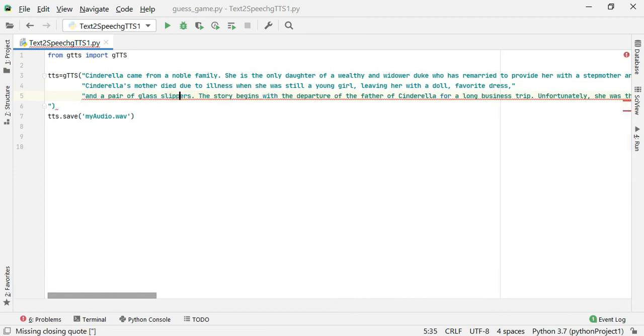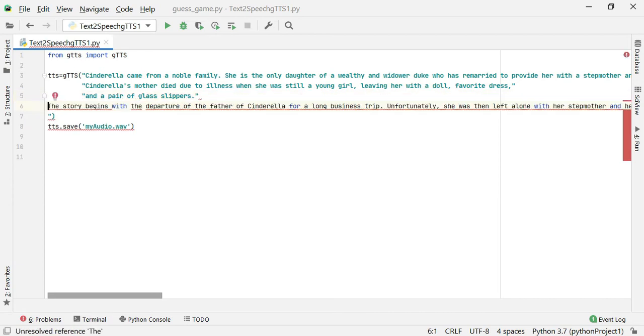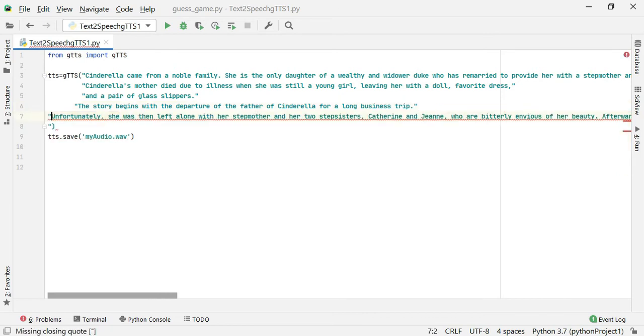Then again you can press a double quote, enter, give a double quote, and wherever you want to end, give a double quote, enter, give a double quote,